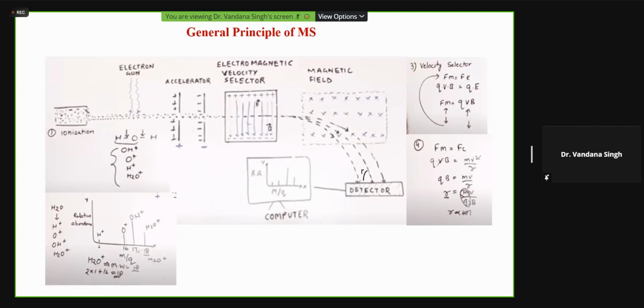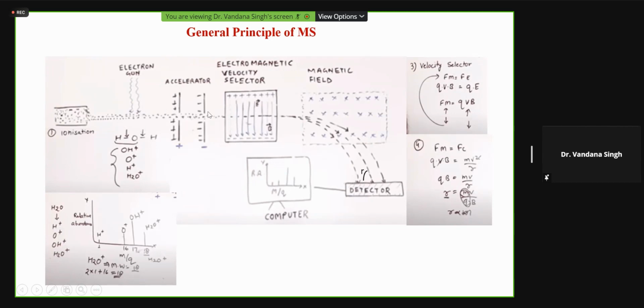So this fractionation of the molecular ion is called fragmentation. Because this is the parent ion, which is the actual analyte that gets ionized, and then it is getting fragmented into components which have different charge. So this is the fragment ion. Every analyte has a certain type of fragmentation pattern that we will see after some time. So once these charged particles are generated, that are either parent ion or fragment ion, they will then pass through an accelerator,